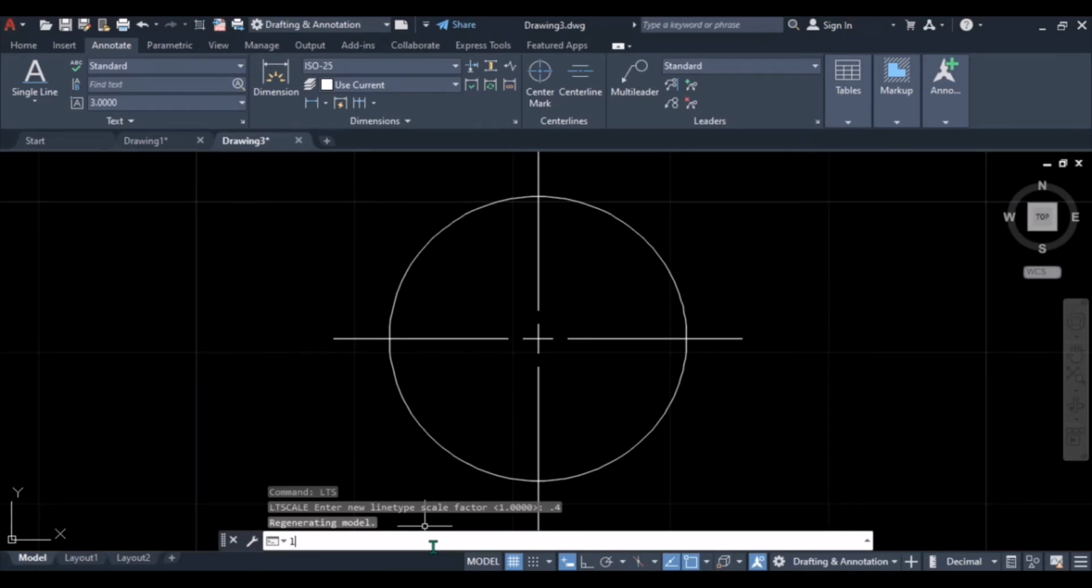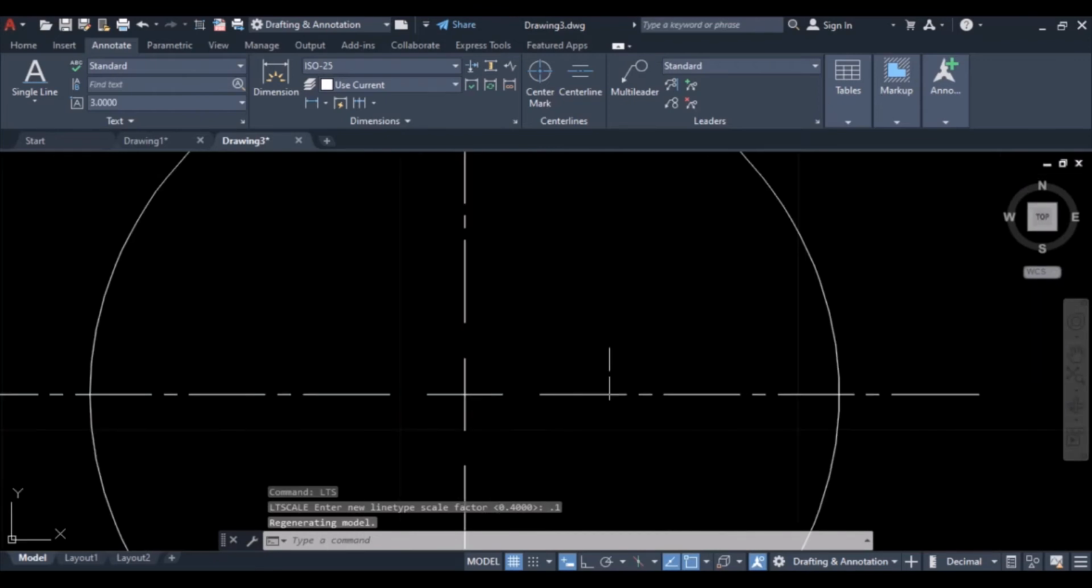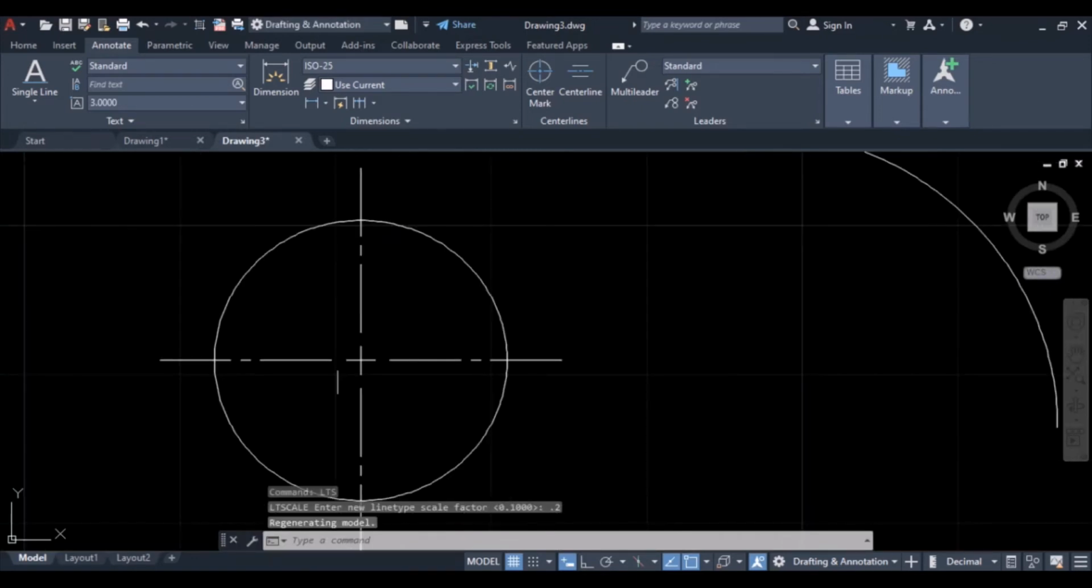Repeat it again, LTS, enter, 3.1. You look at how the center line has been changed. LTS, say 0.2, enter. We have modified our center line, center mark, sorry. Then you can add center line